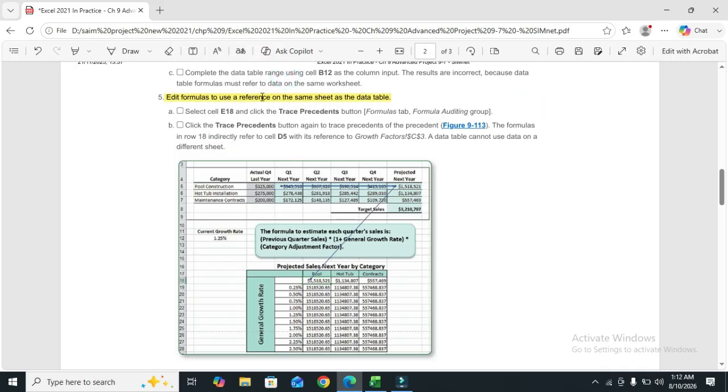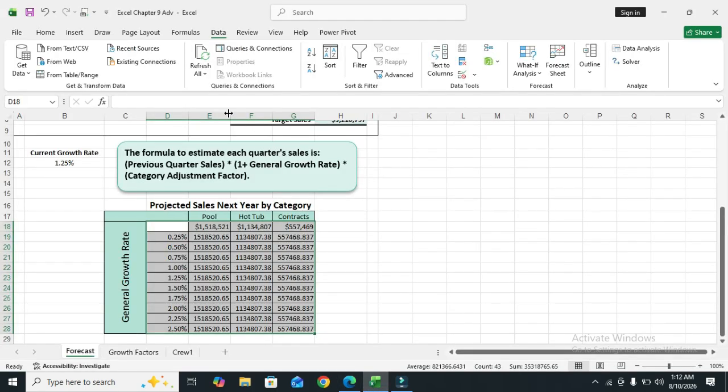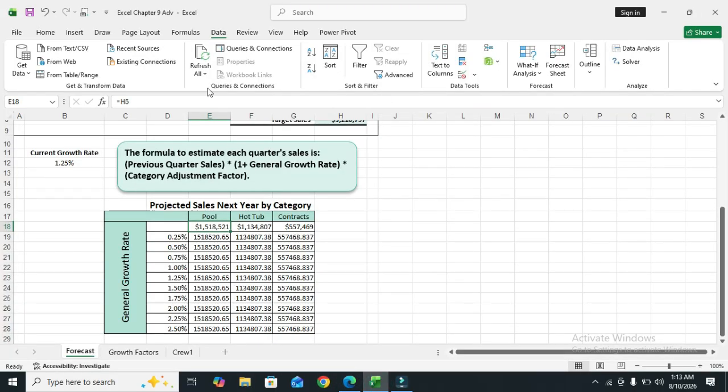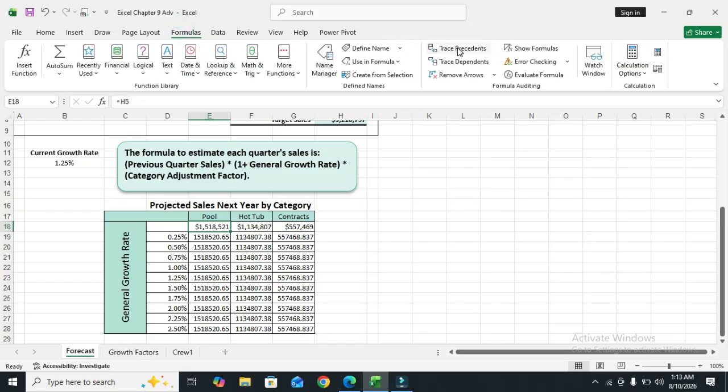Part A of step 5 is select cell E18 and click the Trace Precedents button. Go to the Formulas tab and click the Trace Precedents button.